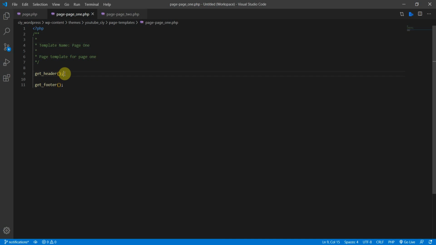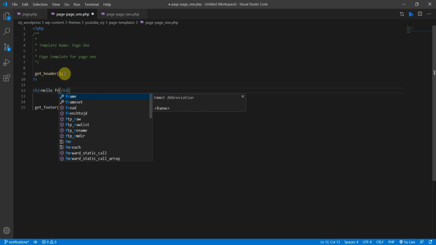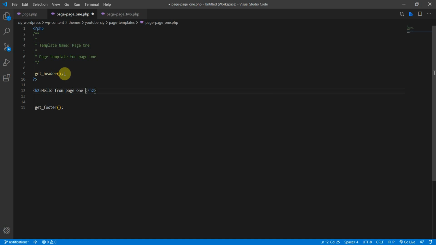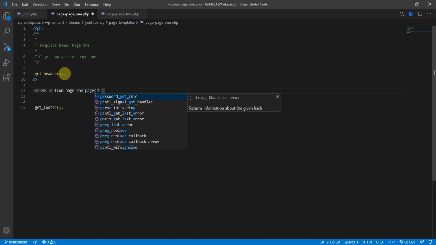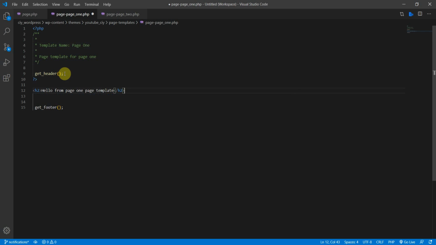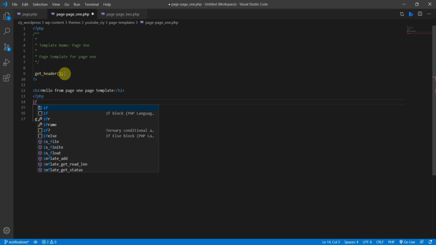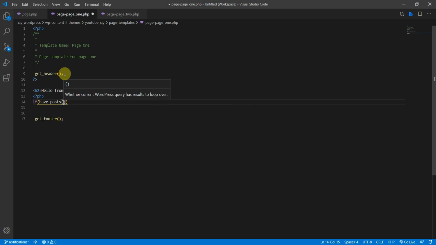So in this one here, I'm just going to bring in the normal, actually let's jump out of PHP, and I'm just going to put in a little header, just saying hello from page 1 page template, just so we know. And then let's go back into PHP. And in here, I'm just going to bring in the normal loop. So we have if statement there with have posts,